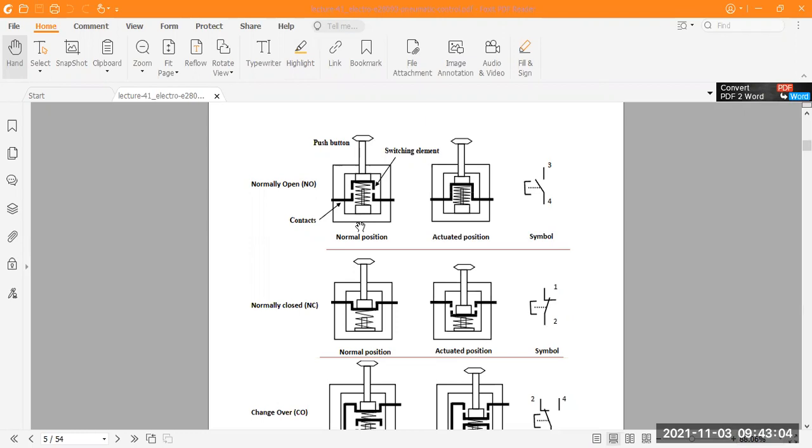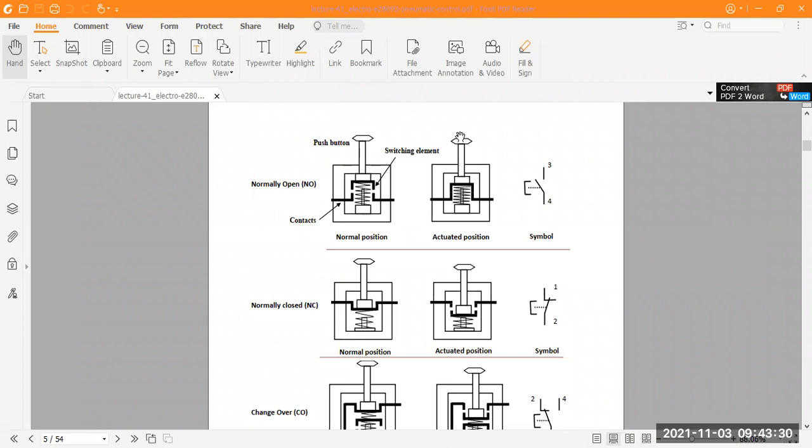Here you can see first the push button, which the user or an automatic system pushes. In that case, it is normally open. But when you push this button, it presses the spring, and these are the closing operations. So the first position is normally open.